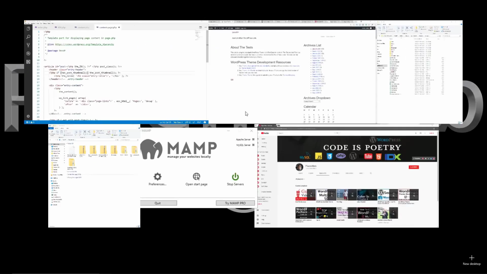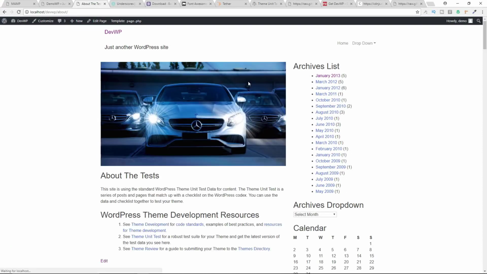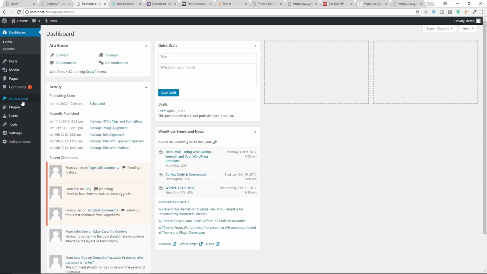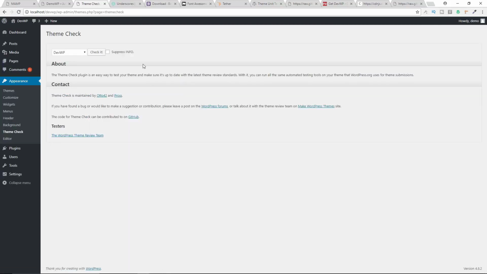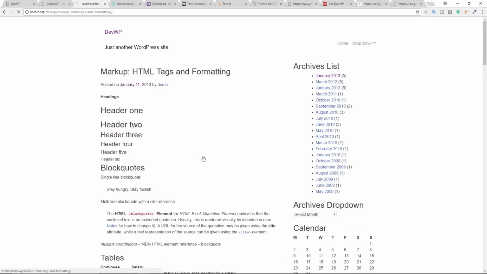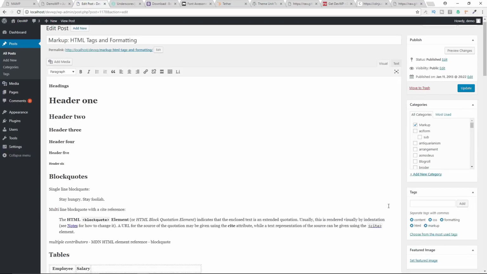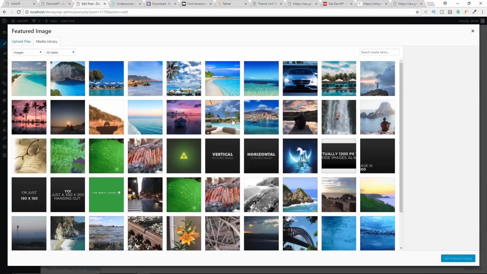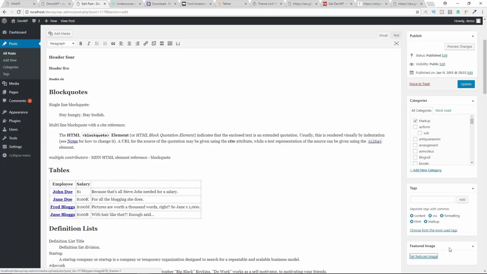All right, so now we go back to the browser, refresh, and now the thumbnail shows up. And if we go back to the dashboard, appearance and theme check, we check it again, and we see that it's good to go. But that's only within our page section, because if we go over here to the front of the site, and we edit this post, and we put in a featured image here. Let's say we use this photo right there. We set it as the featured image, update,